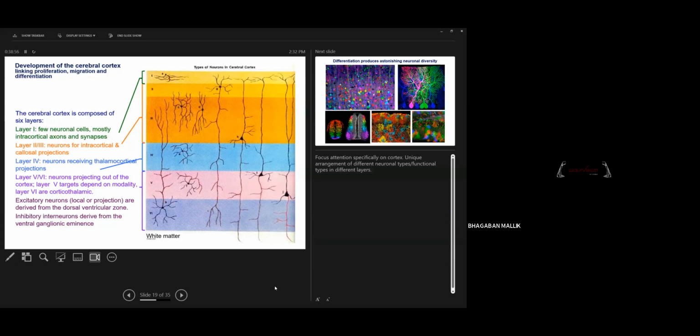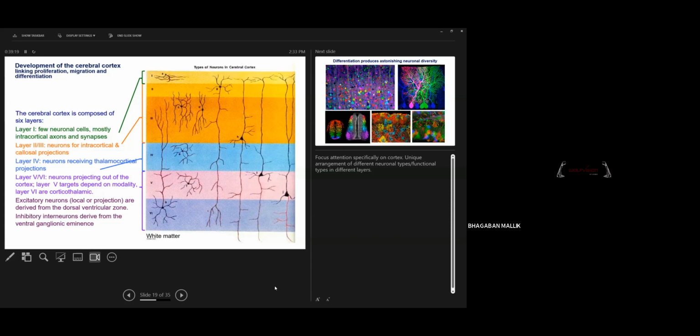So if you inject at an earlier stage of development, you can label the older layer, the lower layer. And if you inject the radio-labeled thymidine at a later stage, you can label the surface layer or the middle layer, something like that. So again, the diverse kinds of neurons that you are seeing here, the projection neuron and other neuronal cell types,